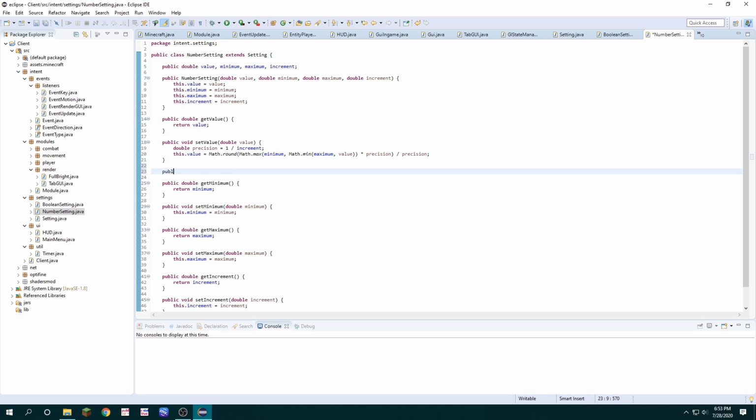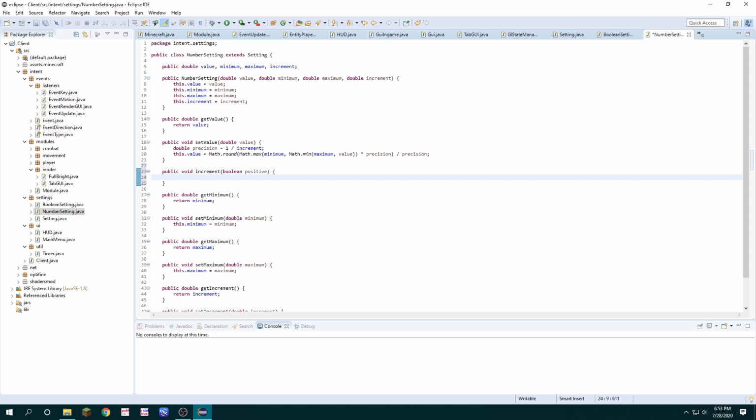We just create an additional method called increment, so public void increment. And then there's going to be a Boolean in here called positive. We just say set value to get value plus increment. And then instead of plus, we're actually going to say positive question mark increment and then -1. And we're going to encapsulate that in parentheses and multiply it by increment. And this means that every time we hit the arrow key to go up or down, based on whether it's positive or not, it'll add to the value based on the increment, or it'll subtract from the value based on